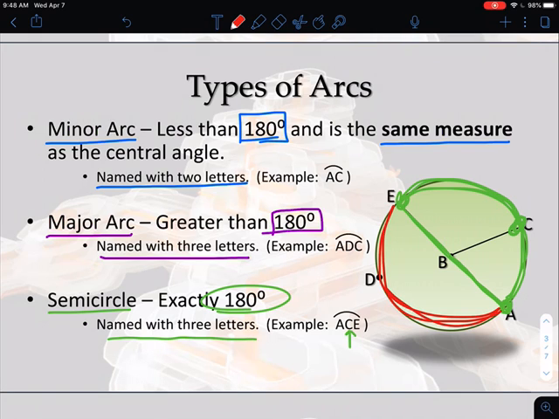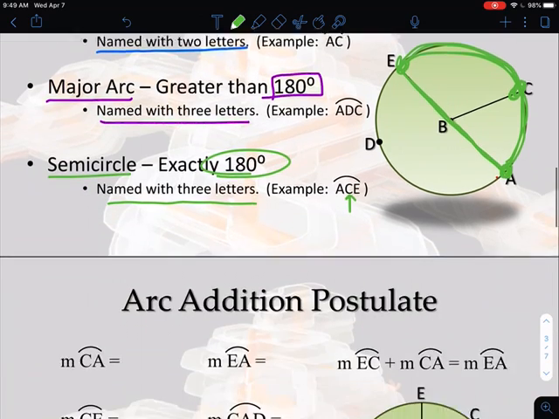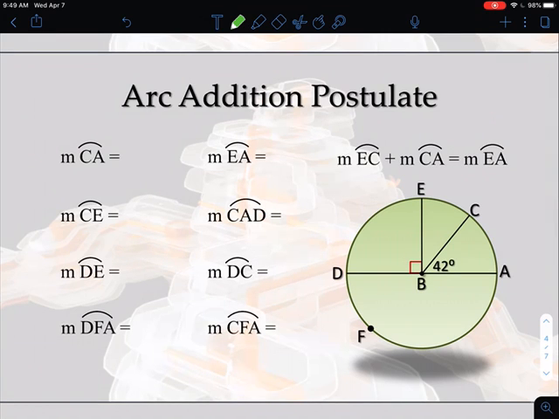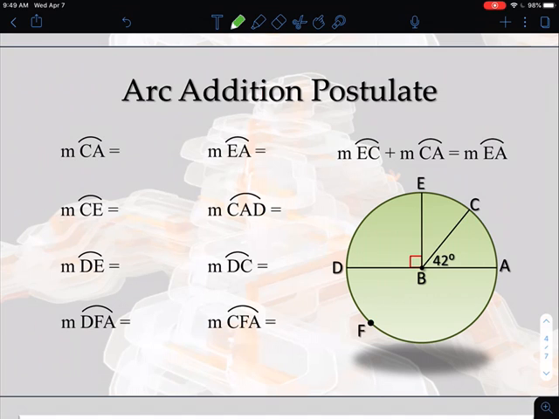The 2 letters tell us to go the smallest way. Well, both are the same because they're half the circle each way. So it's really important that you use those 3 letters to denote your semicircle so we know which direction we're heading. Now, as far as measures go, we already talked about the fact that the measures are exactly the same as the angles. So when they give you a problem that looks something like this and they're asking about the different arc measures,